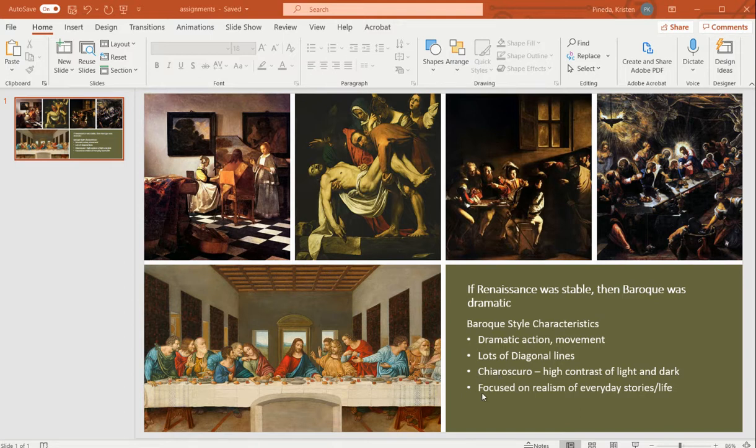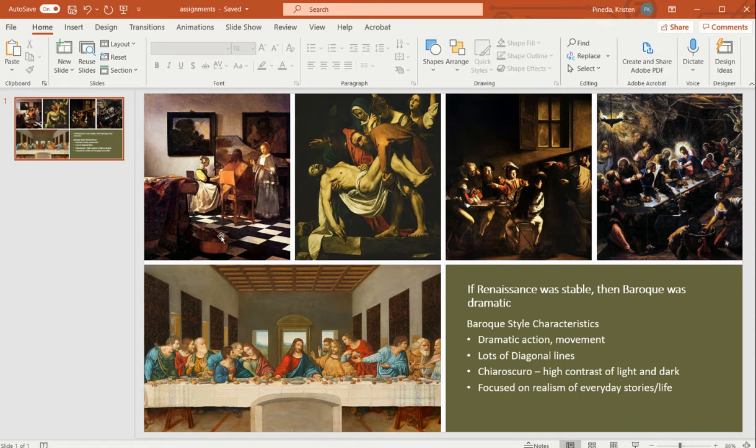And the last one is their focus on realism of everyday stories in life. So, although they did religious subject matter, as seen here and here, they also, particularly the Northern Baroque artists, really did more like still lifes, everyday scenes. They were grounded in the sense of realism, so you're going to see that a little bit more than you would in the Renaissance. The Renaissance era was much more science-based, much more religious-based, and you didn't really see everyday